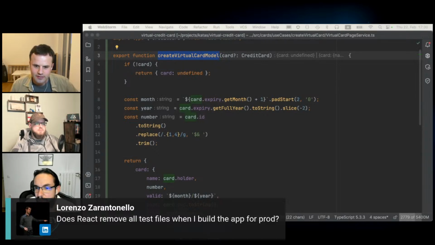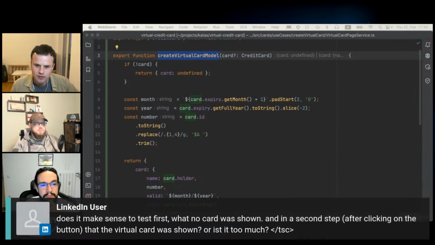All right. So I start from the top. Does it make sense to test first what no card was shown, and in a second step after clicking on the button that the virtual card was shown, or is it too much? I think it's too much because by default there is no card shown.